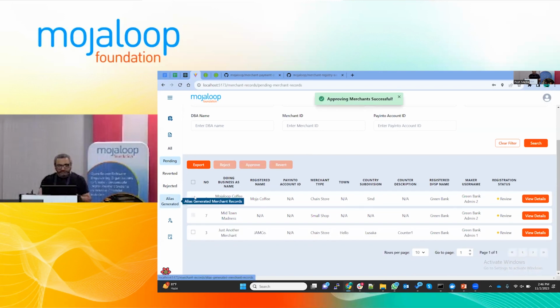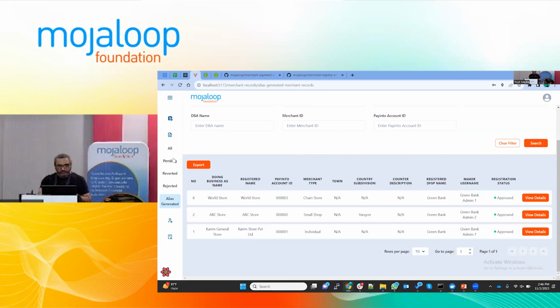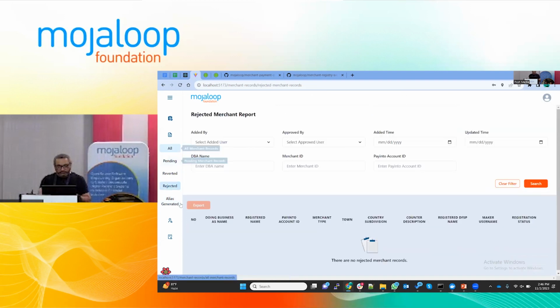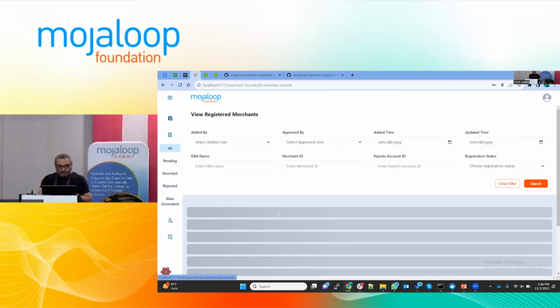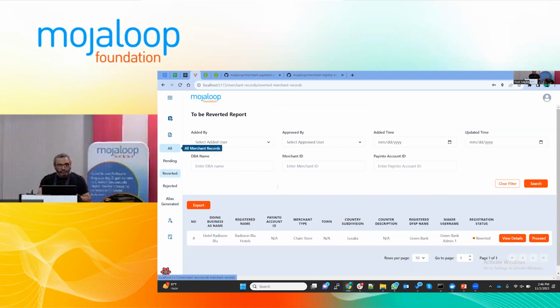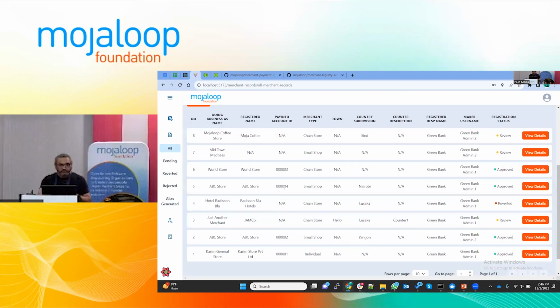And behind the scenes, this merchant will get an alias registered. See, I approved this and immediately it got alias number 4. We are using a simple 6-digit number as an alias, but we can customize the scheme of how these aliases are registered.